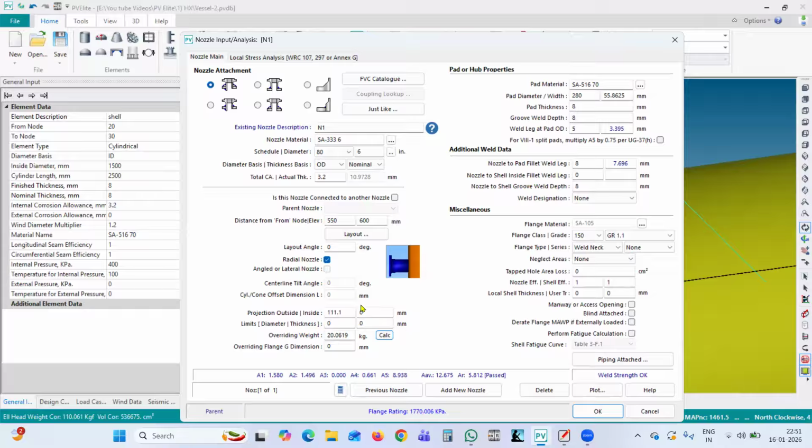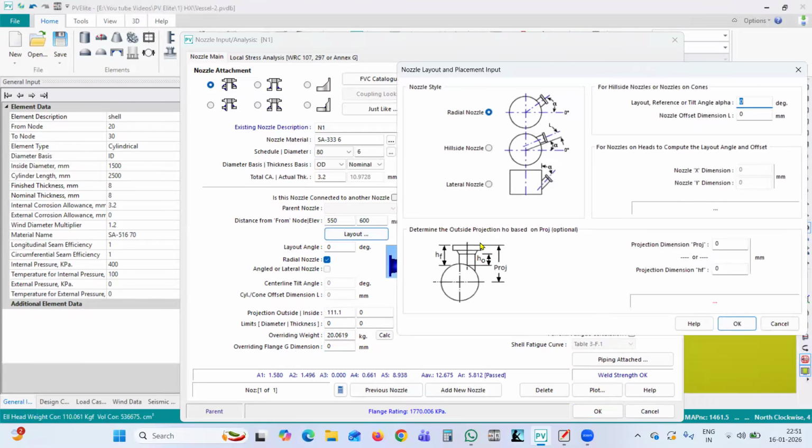So in this way we can give the flange inputs. And if you have nozzle projection from the center of the vessel, in many companies, it is the preferred way to give nozzle projection from the center. So you can directly give the projection from the center here in this tab. Directly you can enter the calculated projection. So here the inside diameter is 1500, so 750 plus 200, it is 950. So I'll put 750 plus 200, 950, and it will give